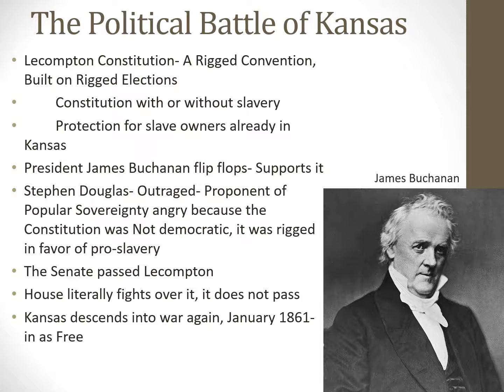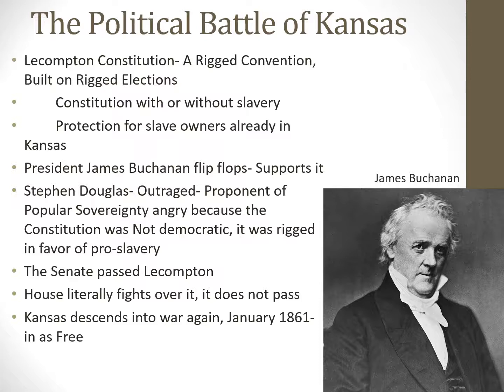Every time there was a vote called by the Lecompton government, the anti-slavery people would refuse to participate, fearing that if they participated and it lost, it would give credence to the Lecompton government. They also refused because they pretty much knew that all these elections were going to be rigged with illegal voters in one way or another. And so it was basically a one-sided